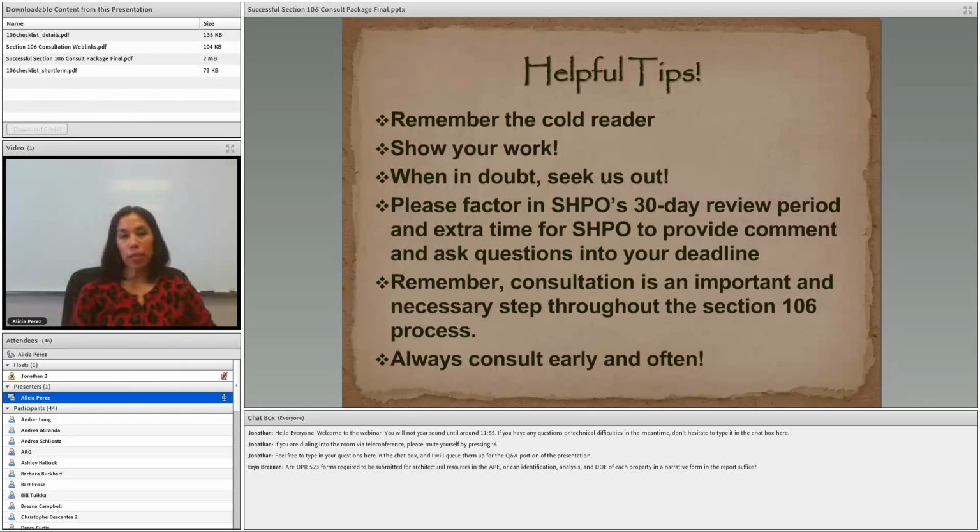So just some helpful tips next time you are getting ready to submit your Section 106 package to our office. Just remember the cold reader. You could do so by just showing your work. A lot of times